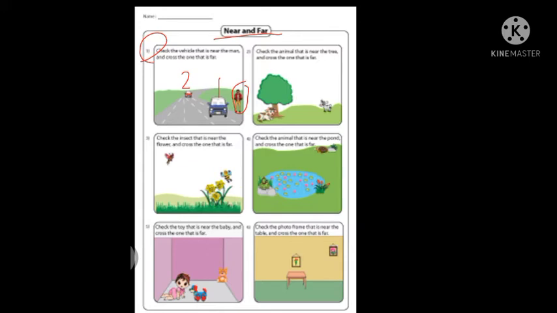Now we have to circle the car which is near to this man. ये जो man खड़ा है ना, उसकी near यानी जो पास है, जिसके पास पहुंचने में उसको बहुत ही कम टाइम लगेगा. Easily he can reach to the car. That we have to circle it. जो कार नज़दीक है उसको हमें सर्कल करना है, and cross out the far one, जो दूर है उसको cross out करना है, right?